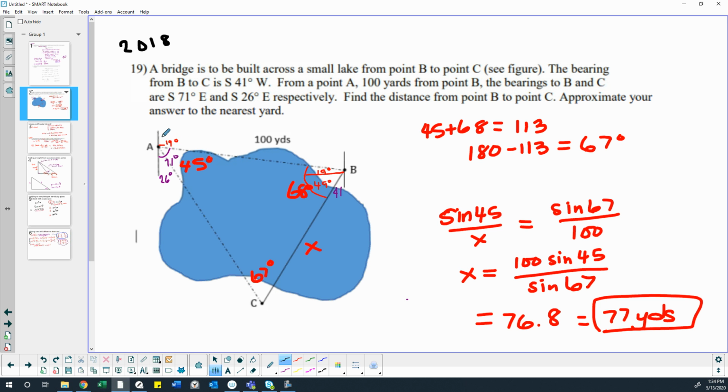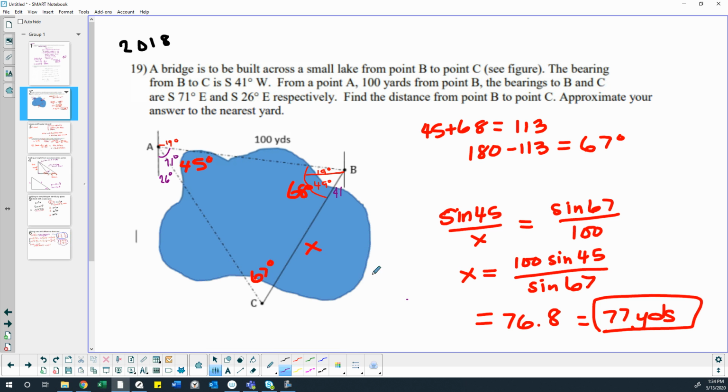So remember how this angle was, well, this angle is 71 degrees from south to east. That leaves an extra 19 degrees to go directly east to that perpendicular line, horizontal line there. So if we think that same horizontal line here, we have alternate interior angles that are 19 degrees. Then if this angle is 41 degrees,